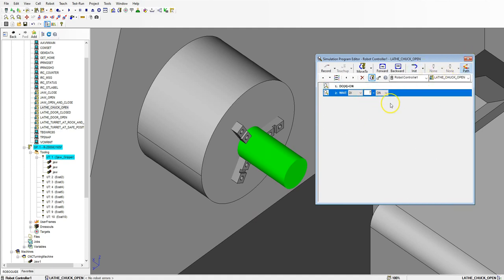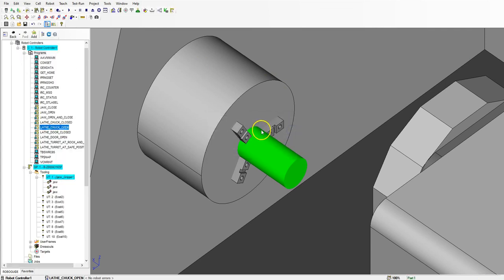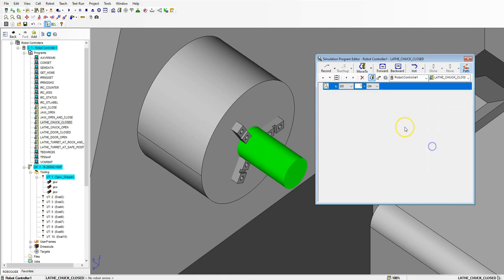So that's open. Close that out, and let's make a new one. Closed. That's going to be digital 4 off, and we're going to wait for digital input number 8